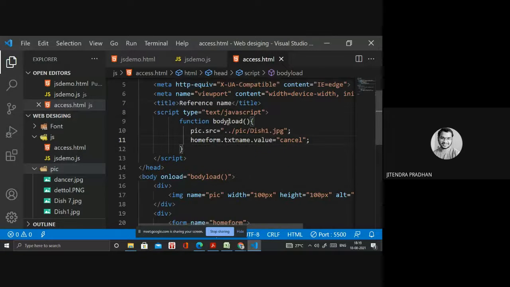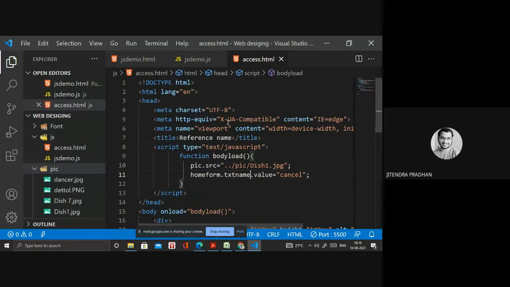So next I will show you how we access by using ID. I already discussed with you in HTML that ID is a unique identification. So you can access the element by using ID also. It requires the document method getElementById. Document dot getElementById.